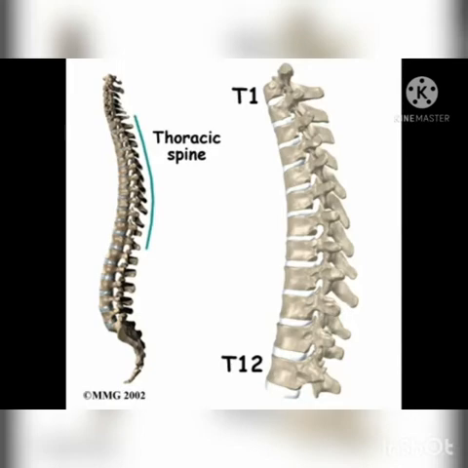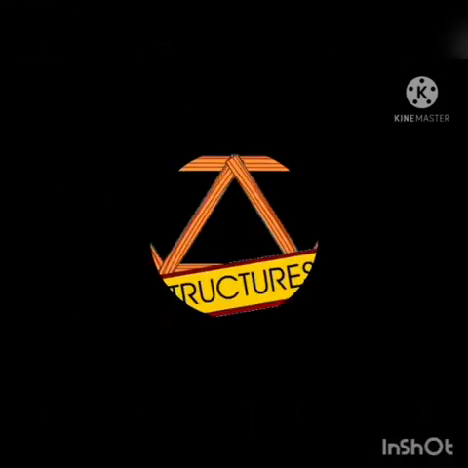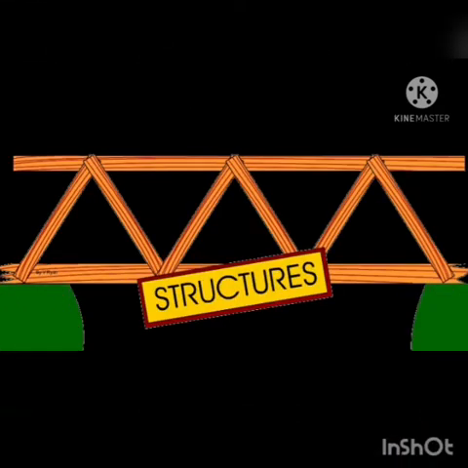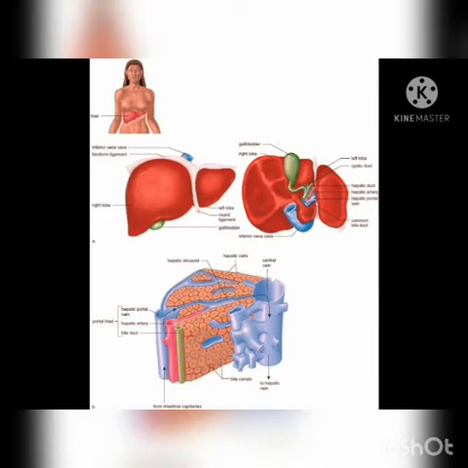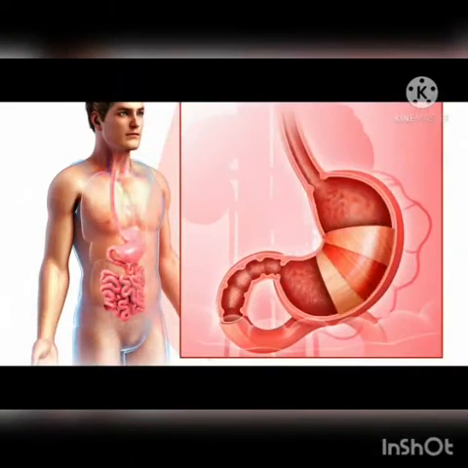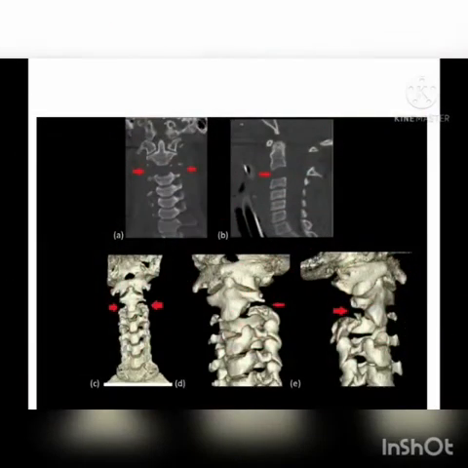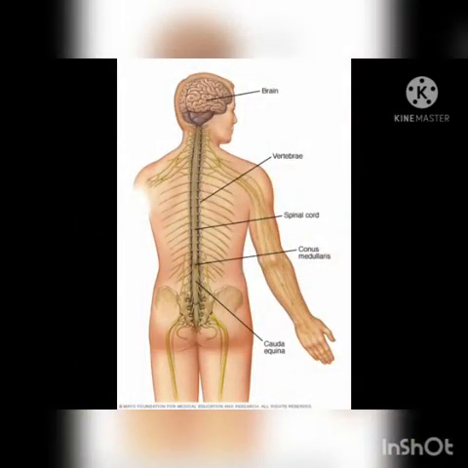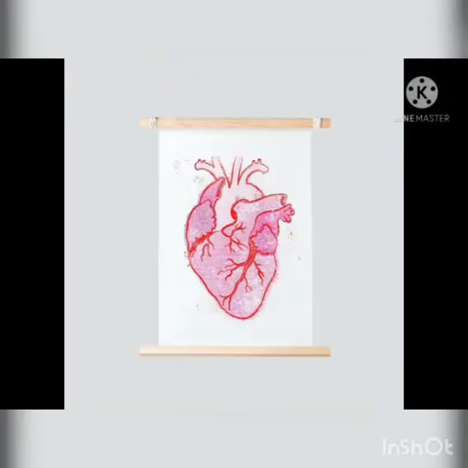Of course, you are able to see on the right side a large structure, the liver, and this is actually the stomach, and of course the spleen you are able to see here, and this is the vertebral canal with the spinal cord inside,